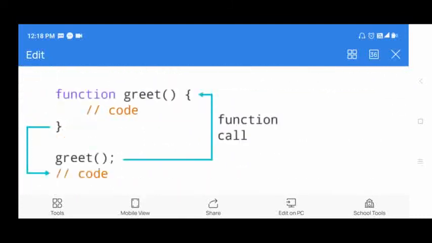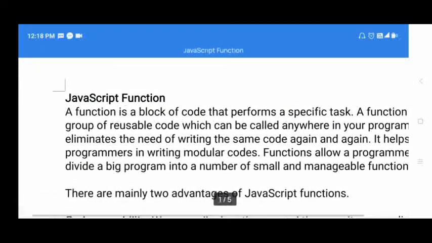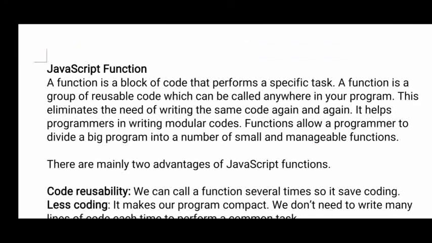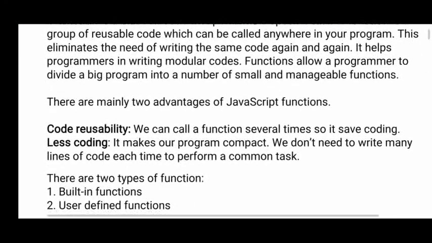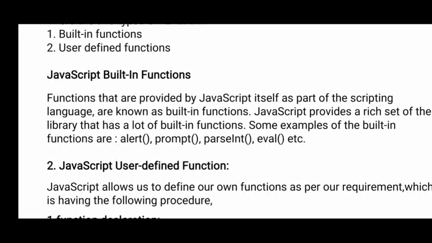Now let me give a brief about this. What is a function? Function is a block of statements that can be executed repeatedly when the user calls. And how many types of functions do we have? Two types. One is a built-in function, and the second one is a user-defined function. Built-in functions are whatever functions you get from the JavaScript software. User-defined functions are whatever functions the user creates according to his requirement.